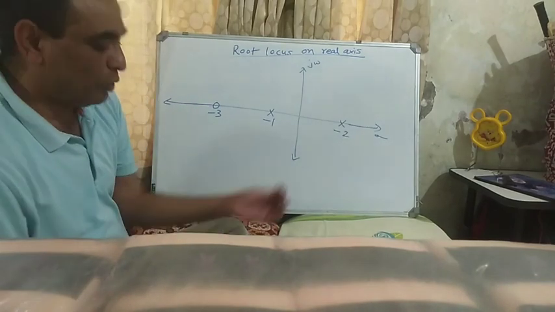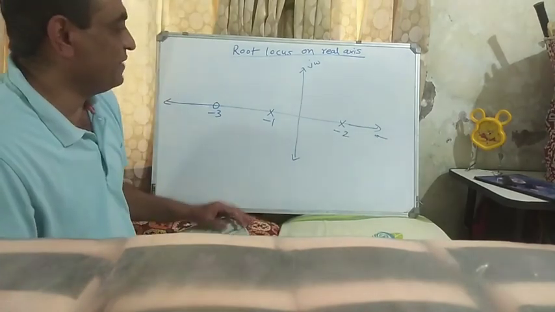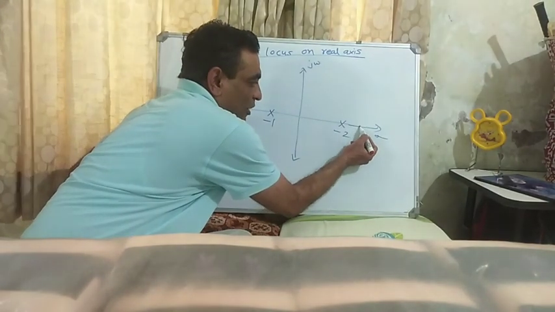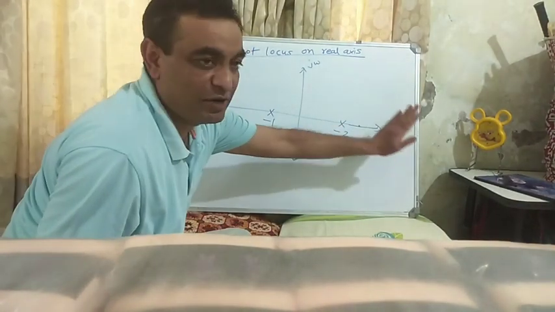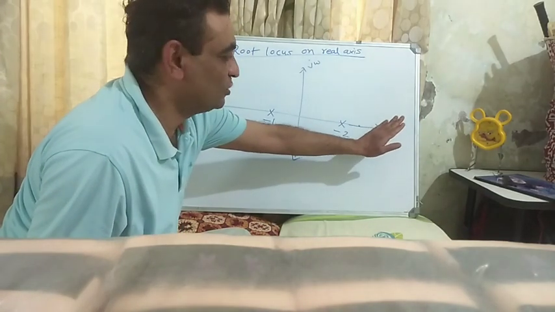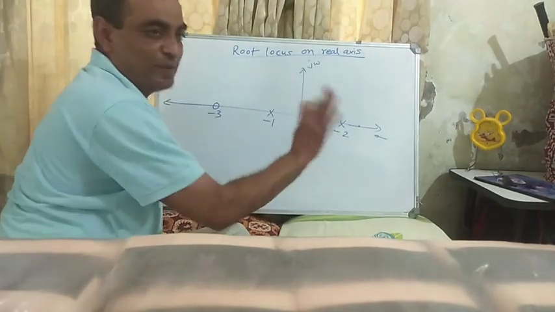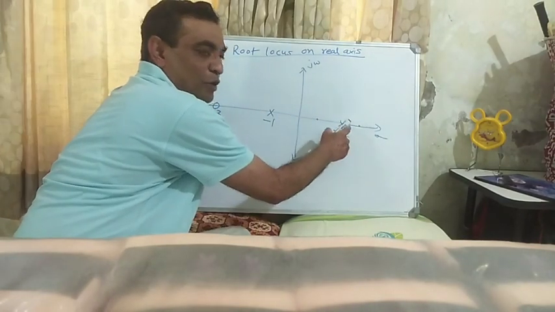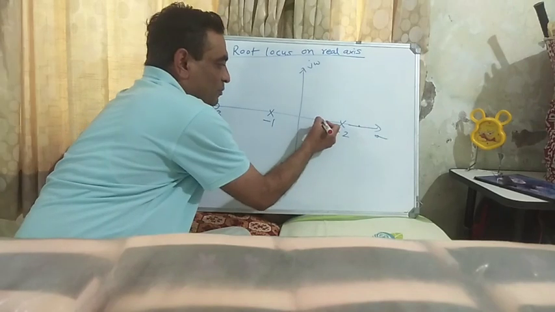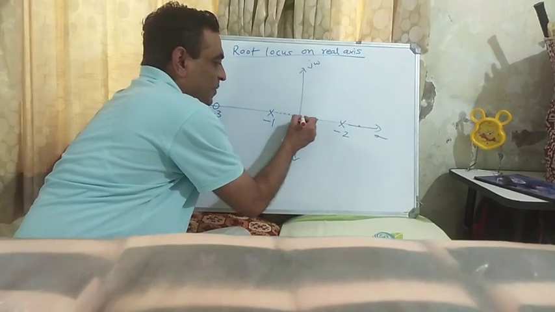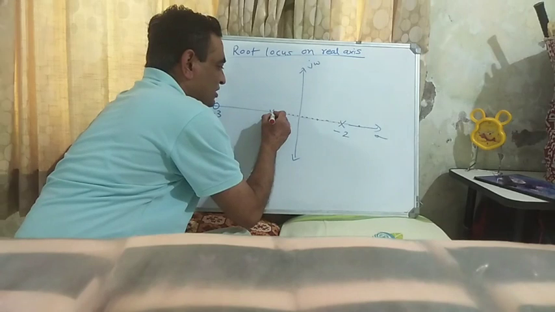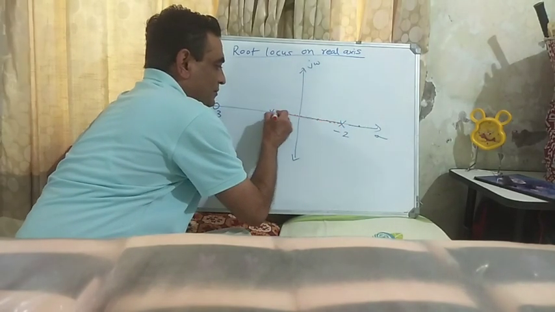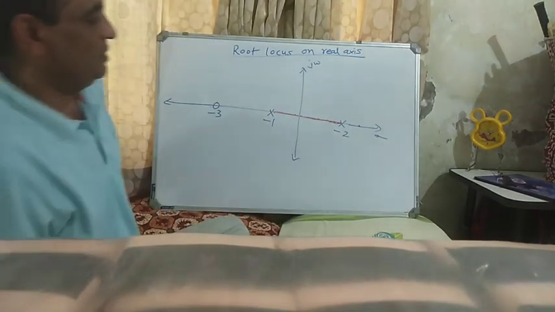Now I want to identify the line segment on the real axis which is a part of the root locus. If I put this point to the right hand side of that, the number of open loop real poles and zeros is 0, it is even. So this is not a part of the root locus. What about this point? Yes, because to the right hand side there is one pole, one is odd. So this is the part of the root locus. Entire this is the part of the root locus.